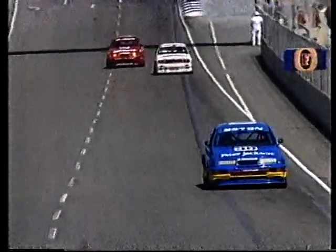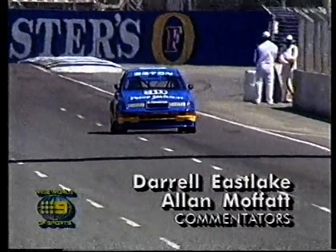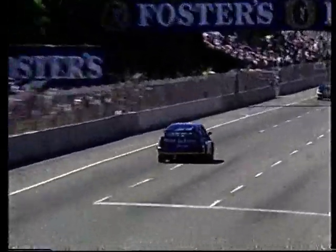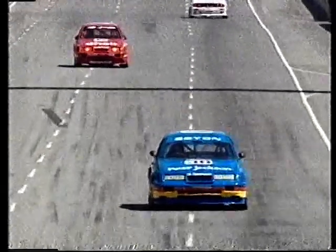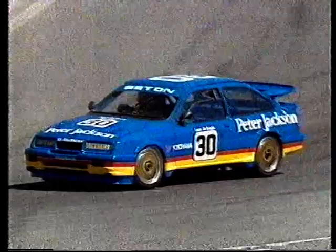Glenn Seaton will take this Ansett Air Freight 10-lap challenge here in Adelaide International Raceway, the street circuit that everybody in the world talks about. Beautifully prepared motor car, stunning in its blue colours, coming down now at around 237 kilometres an hour, backing off slightly. He's got a pretty handy lead from Johnson, you can see in picture in second place. And Johnson yesterday made one of the most amazing starts, but both of his cars having a bit of a problem over here in Adelaide too. The heat,